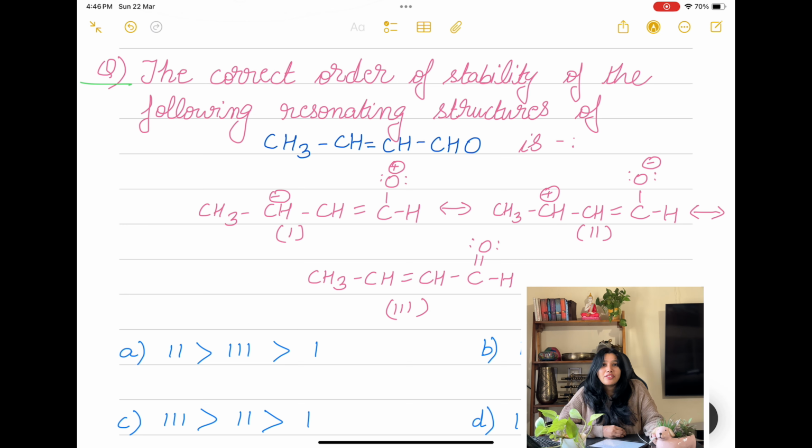We have to tell the correct order of stability of the various resonating structures. They have given us one structure. They have given us the resonating structures also. We need to tell what is the stability order, which structure is the most stable, and then follow up with